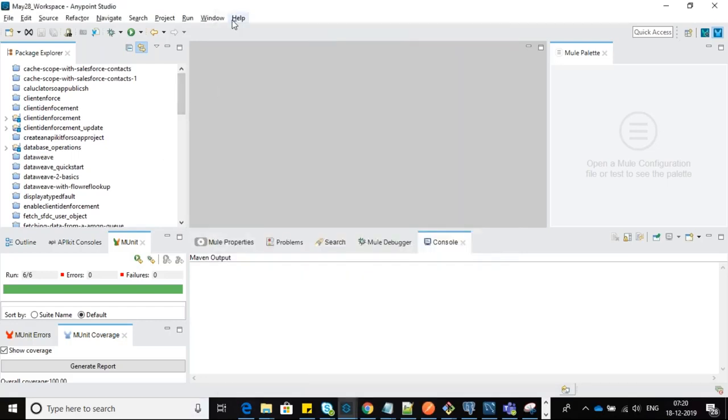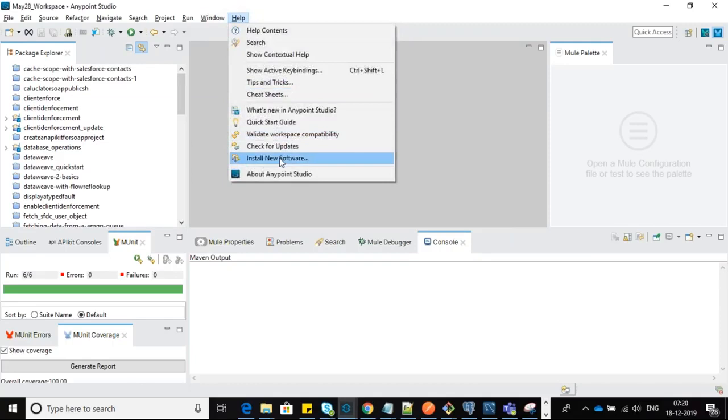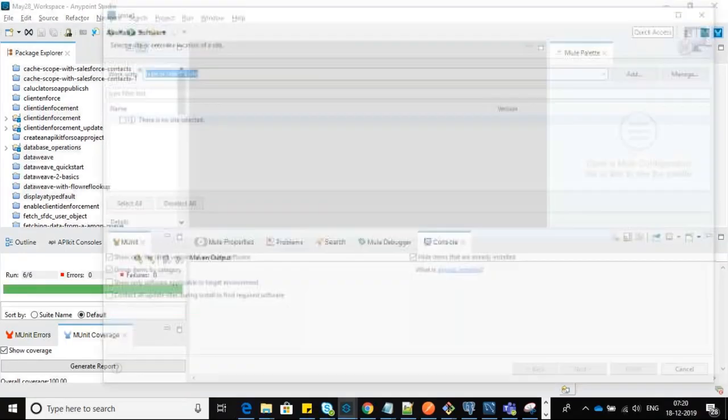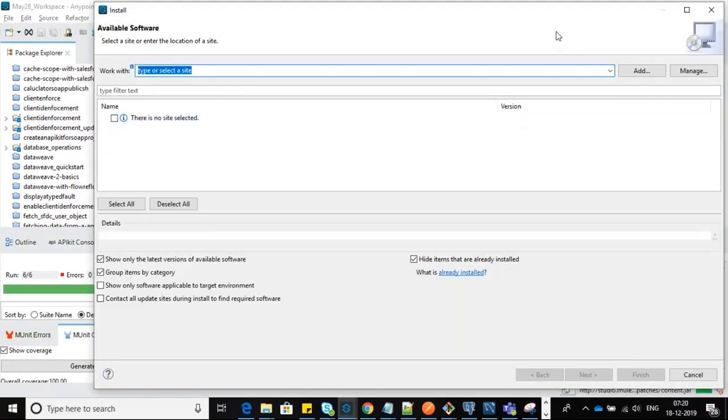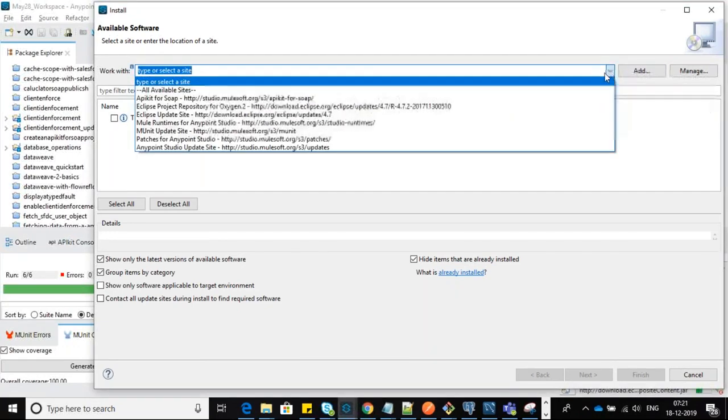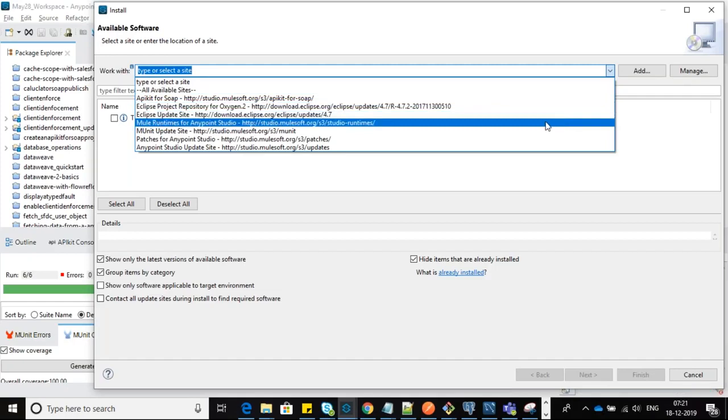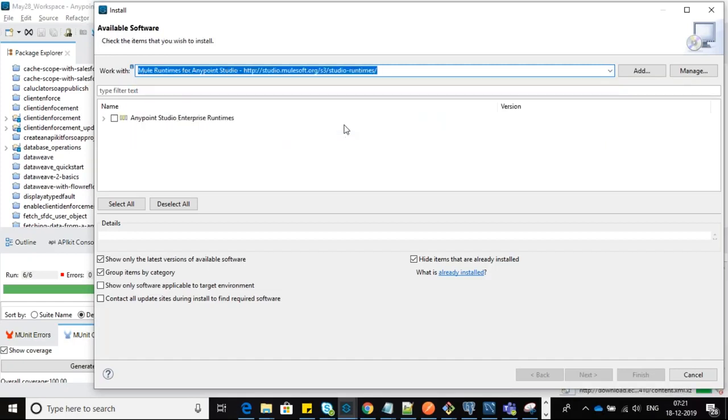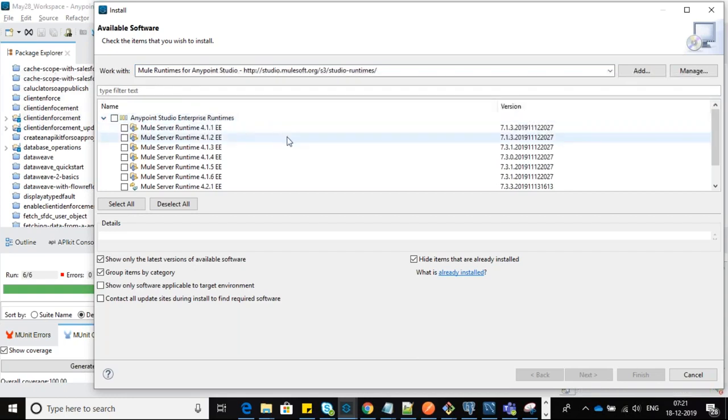How to add that version? Go to Help, Install New Software, and here you can search for the latest runtime servers. Here are the Studio runtimes, guys. This is how to add a new Mule runtime, whatever runtime is required based on the project.